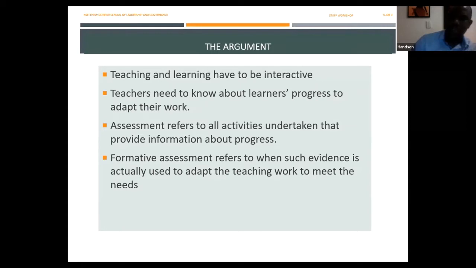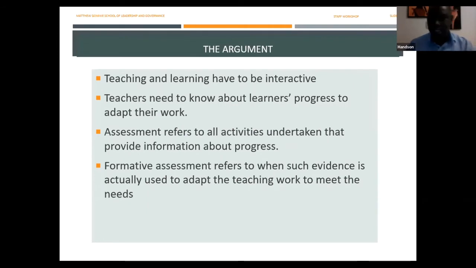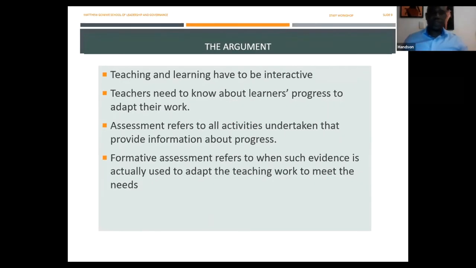It starts off with your policy framework, it goes on to the theoretical frameworks, it goes on to the teacher content that is required to teach a specific subject. It also looks at the pedagogy as well as the assessment, which are key within the teaching and learning platform. So basically what we need to understand is that assessment refers to all activities undertaken to provide information about the